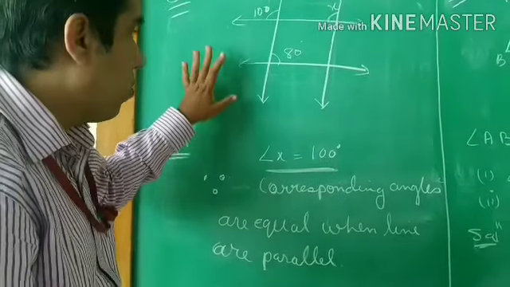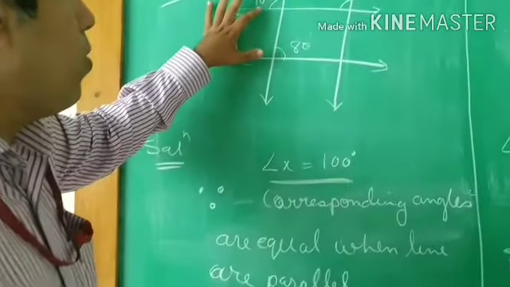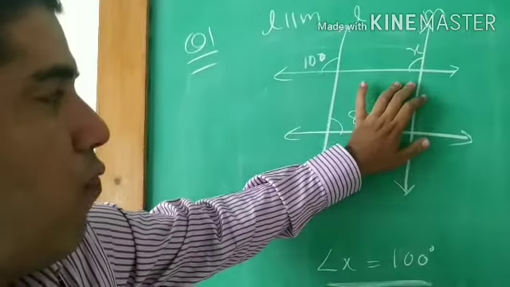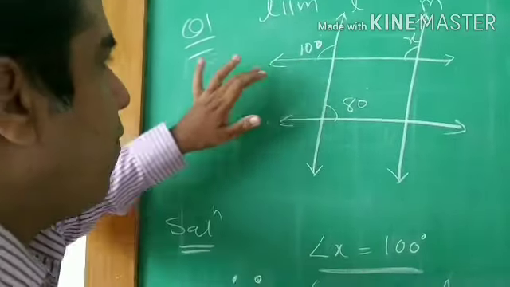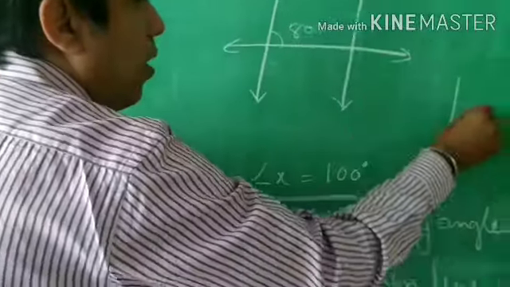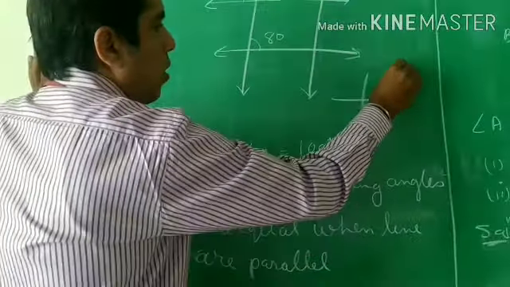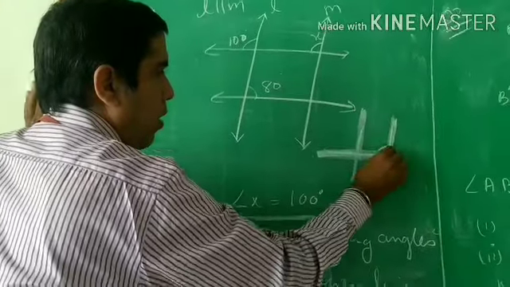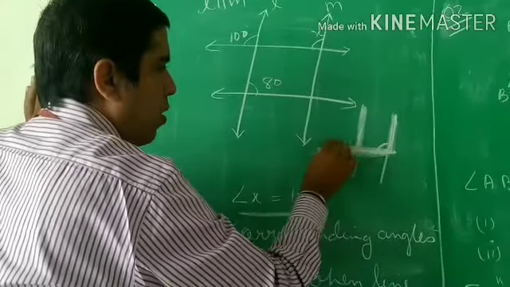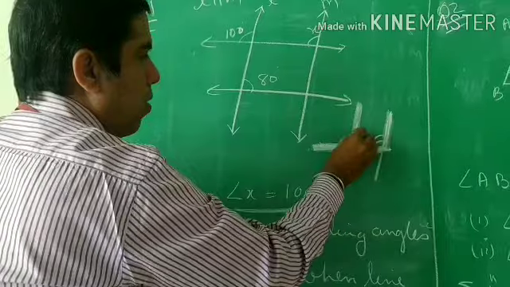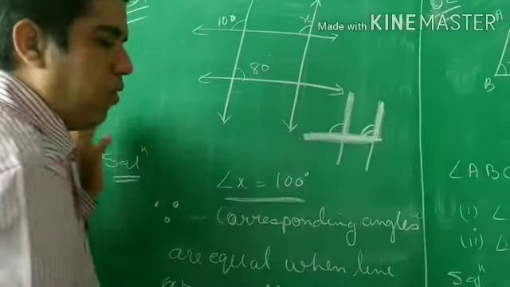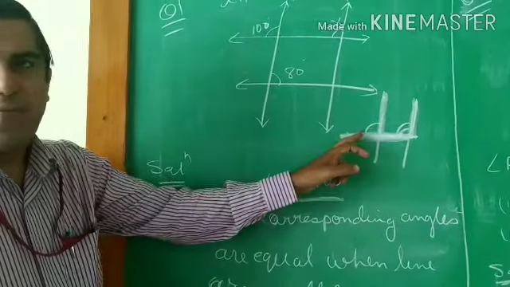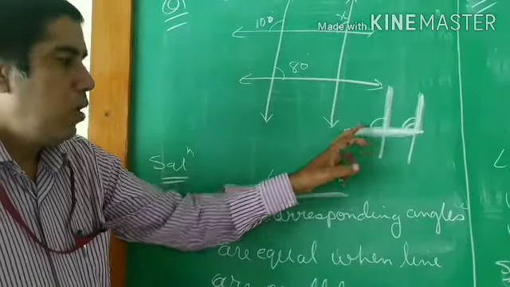Let me repeat this question once again with you. It is given to you, this is 100, this is 80, and this angle x you have to find out. And you can see this coming in the form of F. How is it F? Like this you see. So I am counting this as F. Right? You can see here, this is F here. And so this angle is equal to this angle. We know that corresponding angles are equal. It is in the form of F. Now, this is very easy.